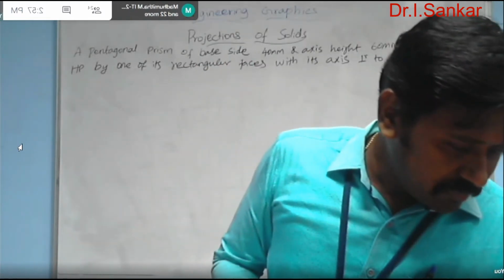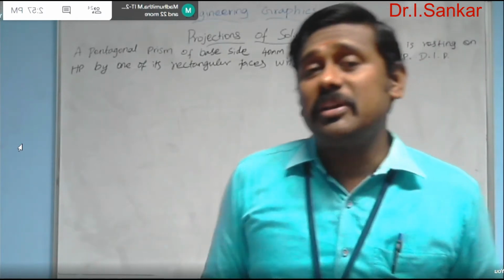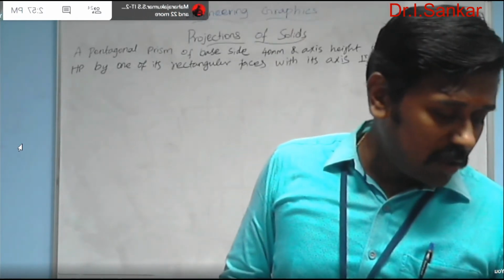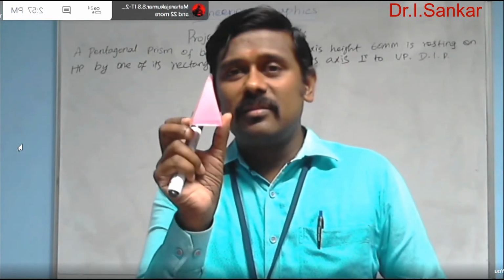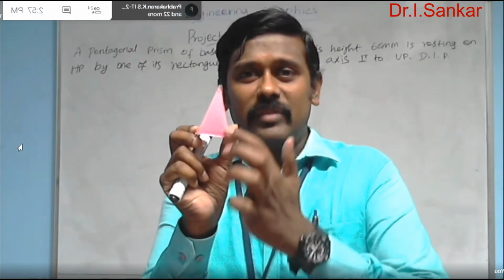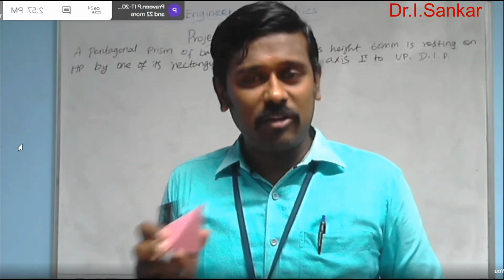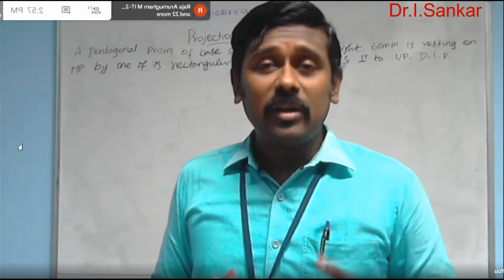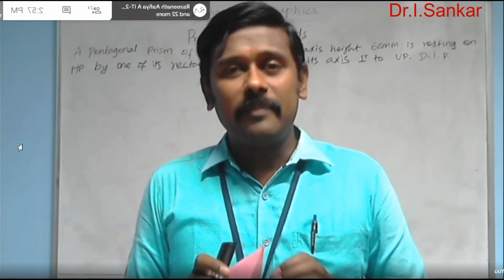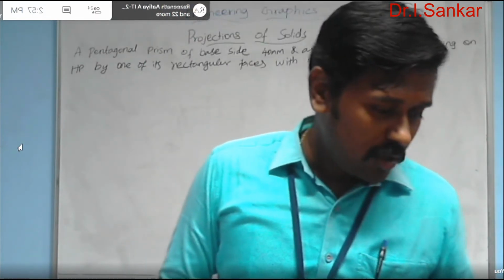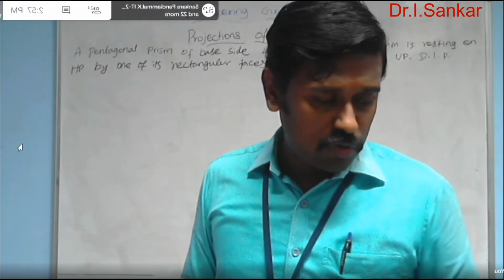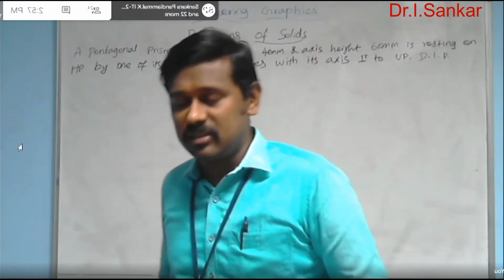Okay. And in the case of the pyramids, what about the shape of the side face? Isosceles triangle. In all pyramids, you can find the side face as isosceles triangle, whatever it may be, square pyramid, pentagonal pyramid, hexagonal pyramid, whatever it may be, the side face is in the shape of isosceles triangle. Okay, now having some idea about the side face, the term side face in a solid. So in this question, we are having a pentagonal prism.